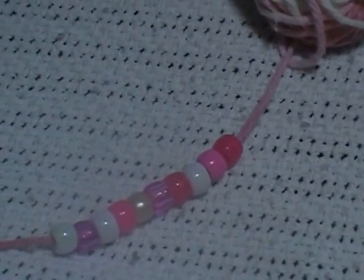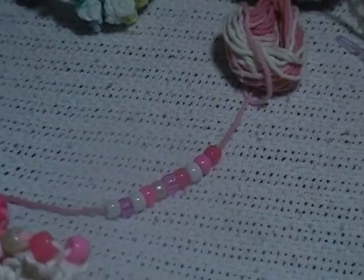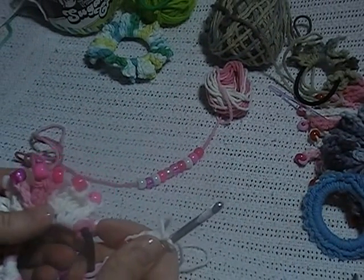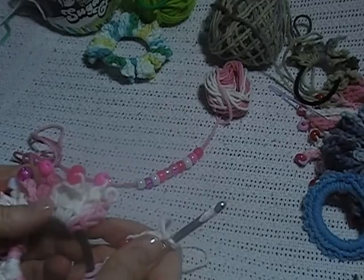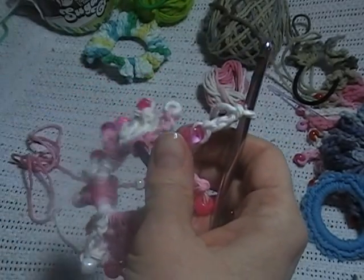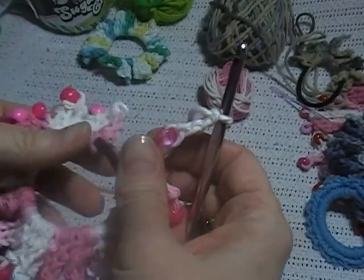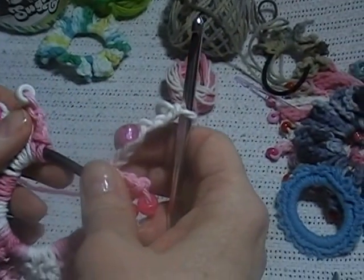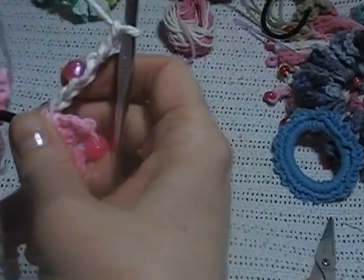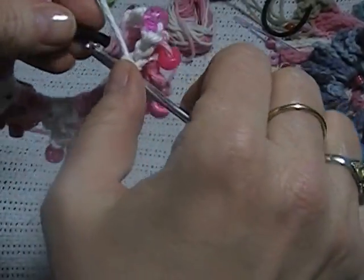I had about 40 on this, so it's better to have more than not enough, okay? Because you never know how many you're going to get all the way around a ponytail holder. So you're going to need to put on at least 30 beads, and then you're going to attach the yarn to your ponytail holder just like I showed you before, okay? And so then once you get going,